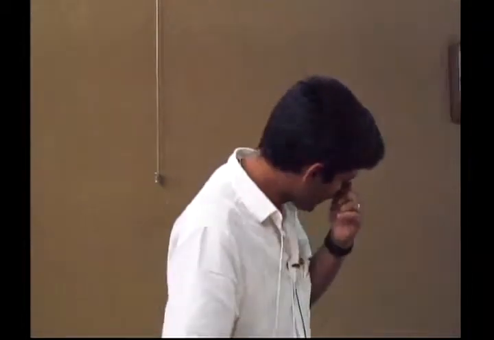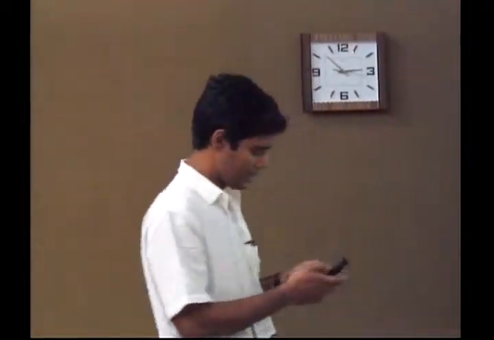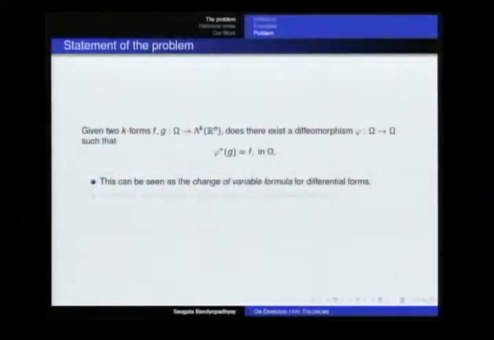Okay. Now, before we get to our work, we will look at some earlier developments. This is something that can be said. Basically, we can see a pullback as a change of variable formula for differential forms. And now, locally, for the case of a closed non-degenerate 2-form in even dimension, this problem was first solved